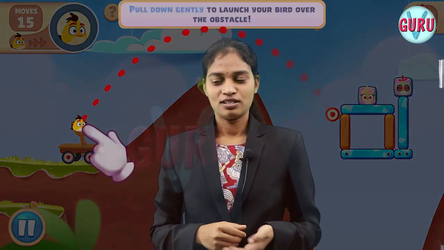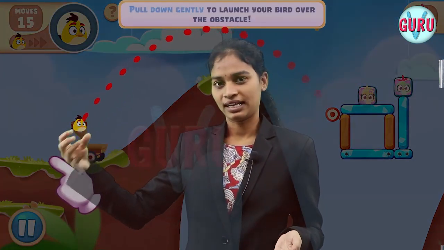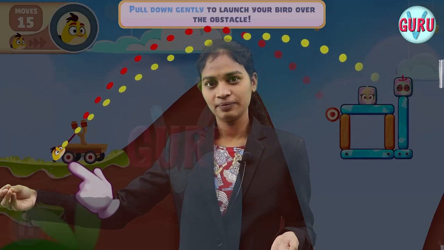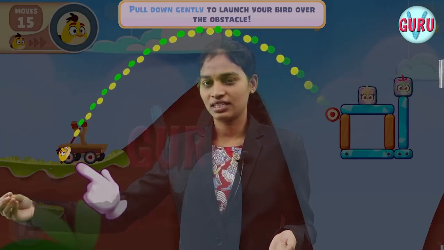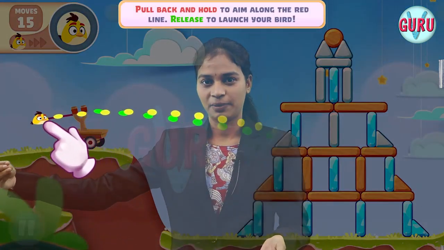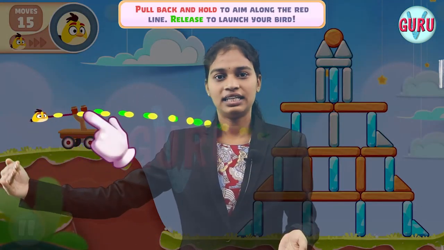And we usually play the Angry Birds game. So whenever we launch that angry bird at an angle, for example if we set 45 degrees, it takes a curved path. Suppose we take a straight direction, then it takes the shortest distance, that is, it goes along some straight line. So if we want to reach the maximum distance when we throw an object, then if we take the parabolic path, it reaches maximum height.